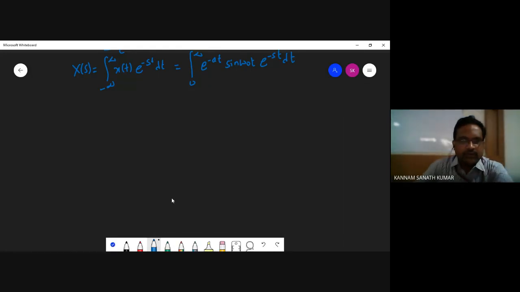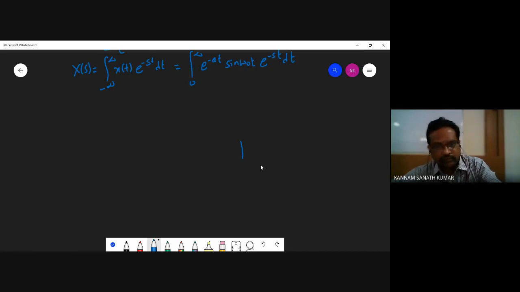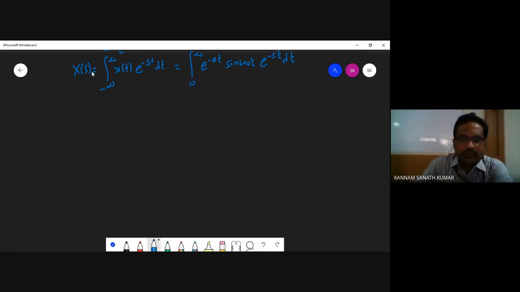So we have to find out the Laplace transform of given function. So we can apply the property, or we can find out directly. We can find out the Laplace transform. One second. So sin theta equal to what? E power j theta plus e power minus j theta divided by 2j. If you express the given function in terms of exponential, okay, so we'll get that function.